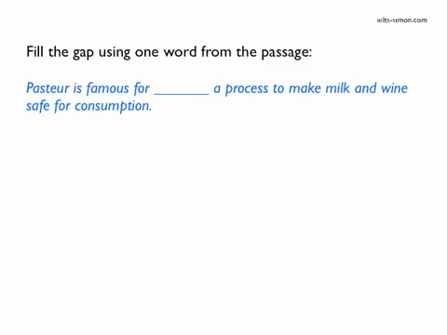To decide what to look for, you should highlight or underline the important words in the question. I call these words the key words. In this question, I think we should look for the name Pasteur and the words milk and wine. Those would be the easiest to find. After finding those easy words, we will focus on the most important part of the question, famous for something, a